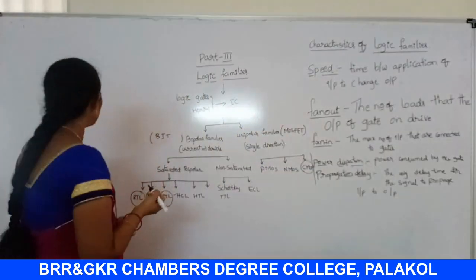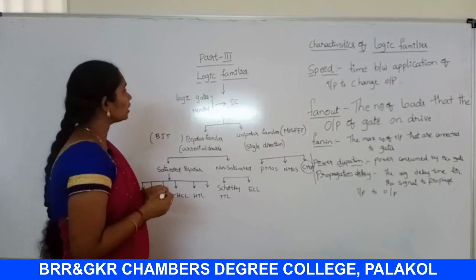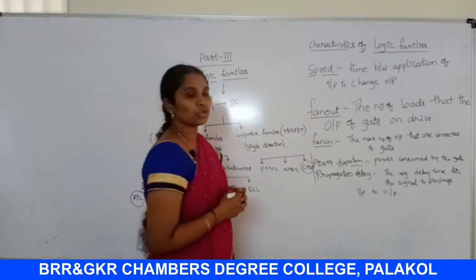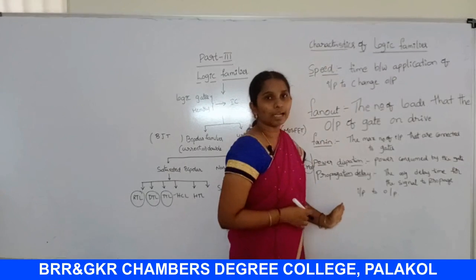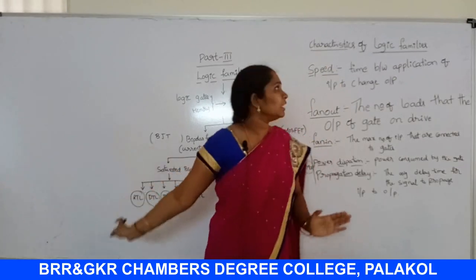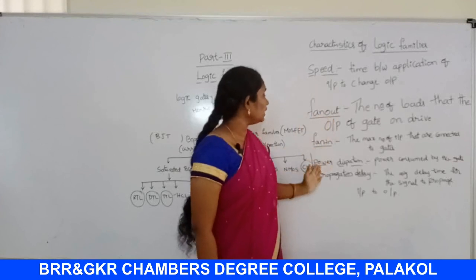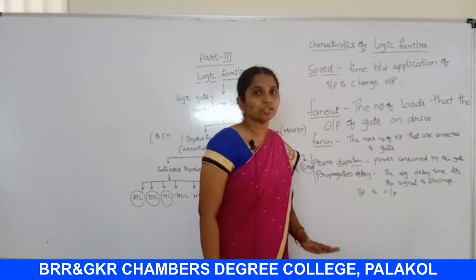Okay, so now we will start the RTL logic. Before going to this RTL logic, the logic families have some important characteristics. These are the characteristics of these families. Here the speed, fan out, fan in, power dissipation, noise margin, and many characteristics are there, but